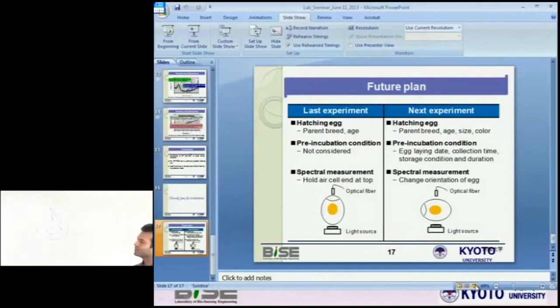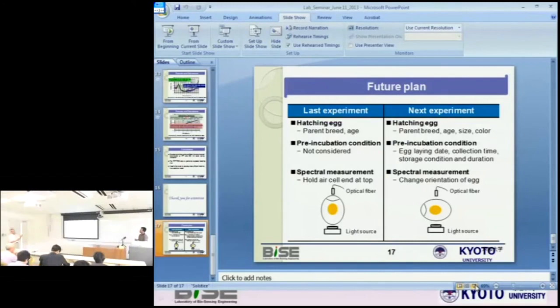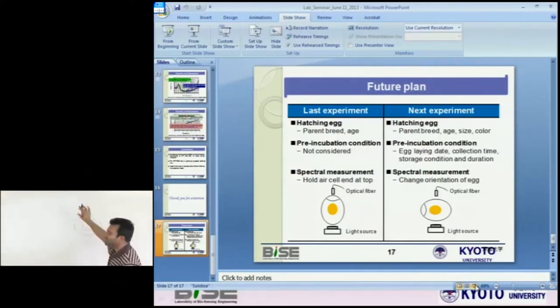Not all, just a point or a specific area would be correct. Why don't you close all of your egg? We pass light from the bottom. We cover all the system with black cloth, and we also cover this optical fiber with another cap